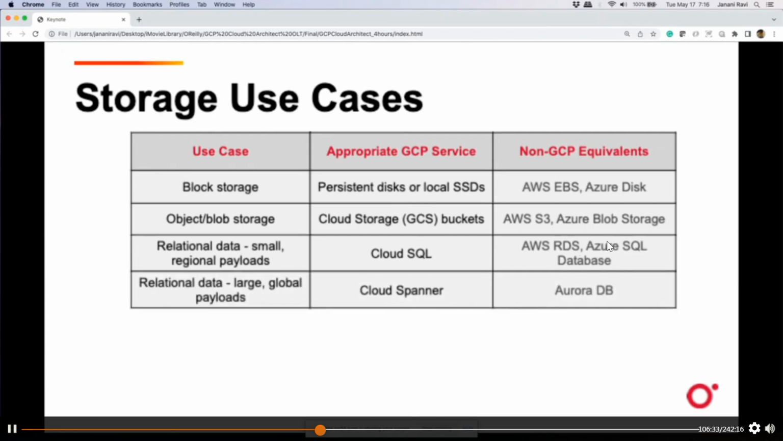If you have relational data on which you want to perform transactions, with transaction support, atomicity, consistency, isolation, and durability, ACID properties, and you have petabytes of data, you cannot use Cloud SQL. Cloud SQL does not scale. The right GCP service is Cloud Spanner, and Cloud Spanner is Google's proprietary database